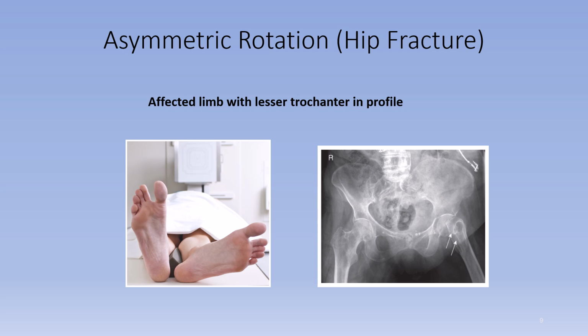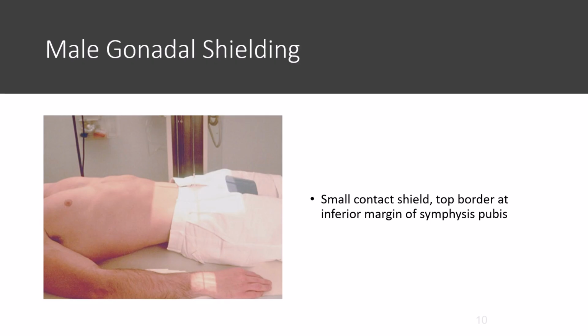As far as the shielding guidelines, these are on page 277, okay? And gonadal shielding, according to the registry, is still supposed to be applied. You'll notice that the book tells you the use of gonadal shielding is subject to local regulations, department protocol, and policy. So this is showing you male gonadal shielding, a small contact shield, and the top border of the shield